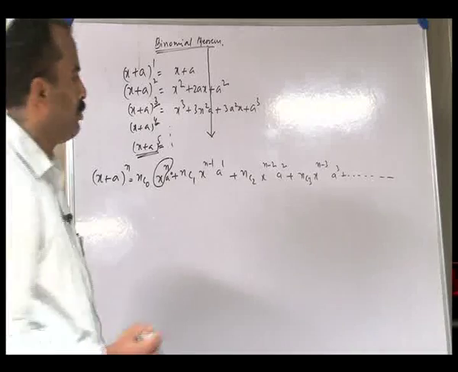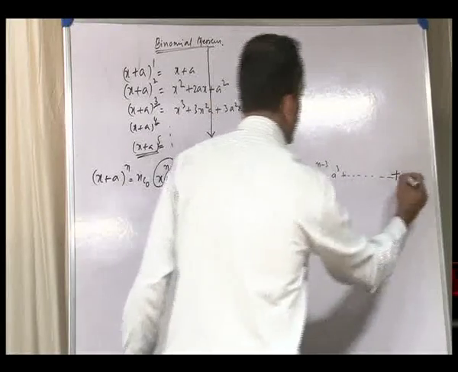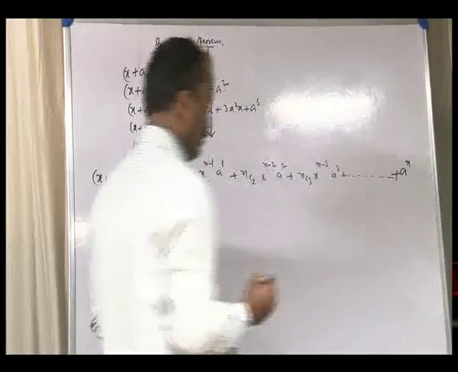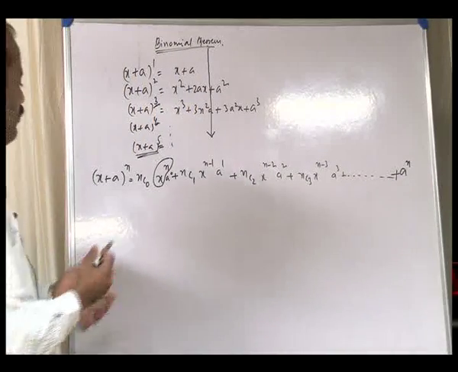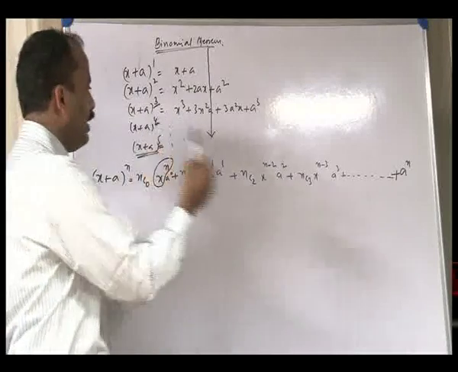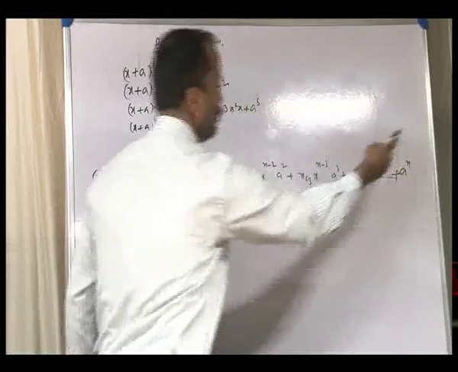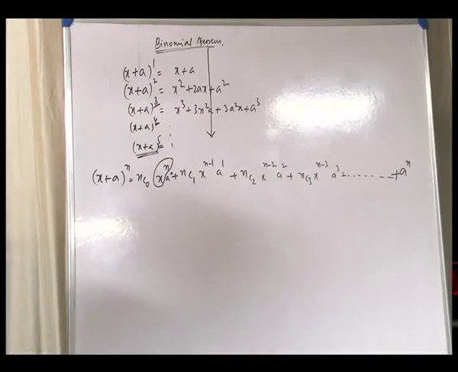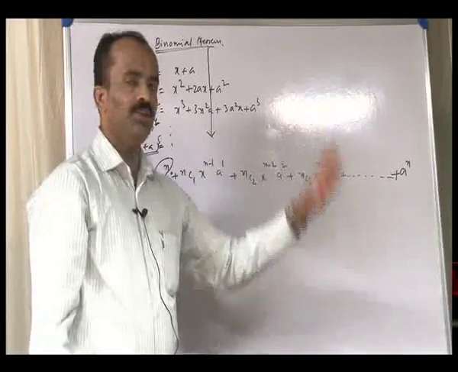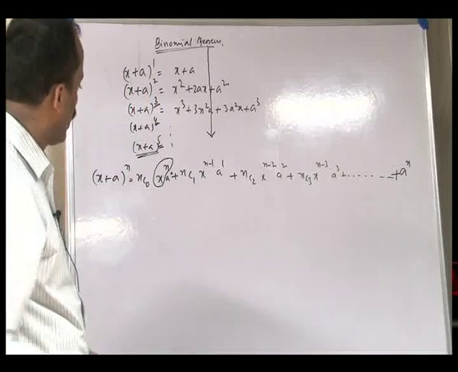Also, the last term in the expansion is a to the power of n. The first term is x power n, that is the first term whole to the power of n, and the last term is this term whole to the power of n, that is a to the power of n. This is the expansion of the binomial theorem,